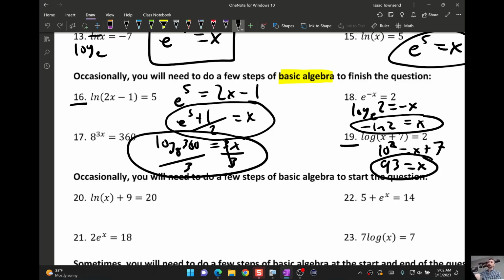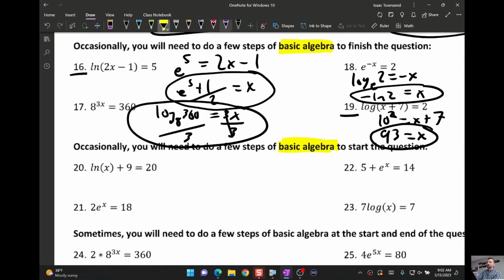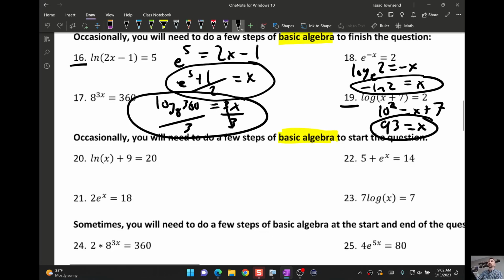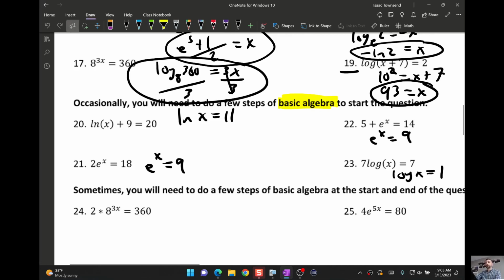Or that basic algebra, basic arithmetic needs to be undone at the start of the question. So 20 through 23, these are not set up in a form where you can switch them yet. They don't match the structure that it needs to be. These are not quite exponential form, these are not quite logarithmic form because they have some other stuff. So sometimes you just want to undo the +9 first, undo the ×2 first, undo the +5 first, undo the ×7 first, and then it's in the format that we're familiar with. Then you can switch the forms to be finished,